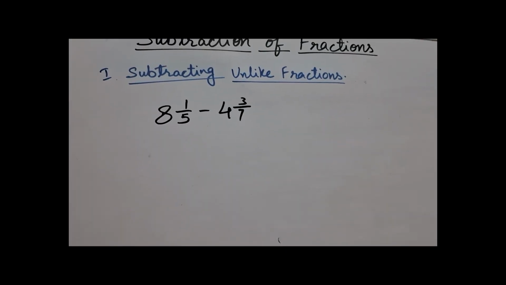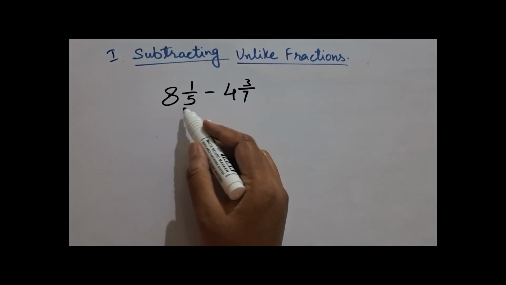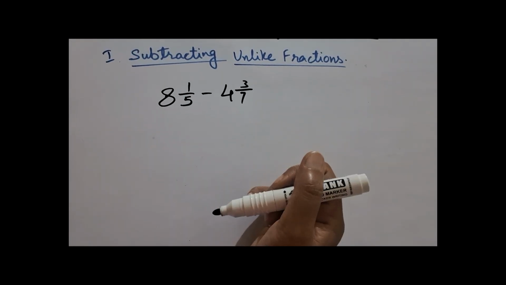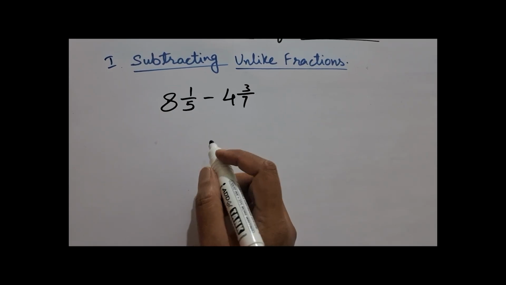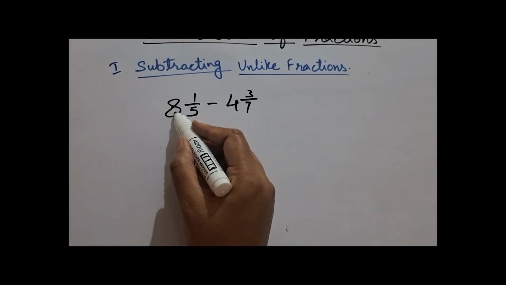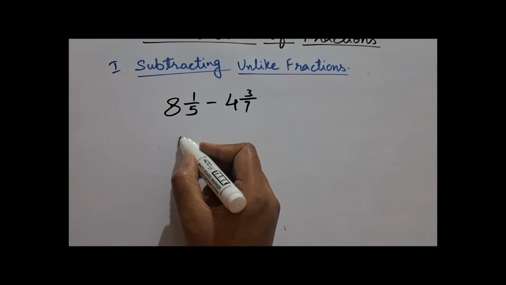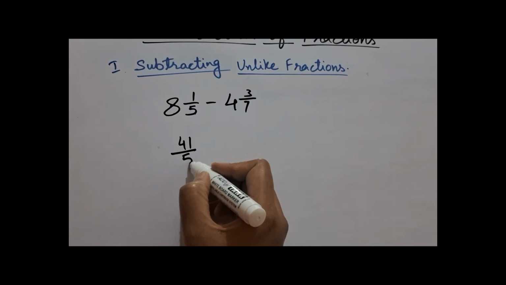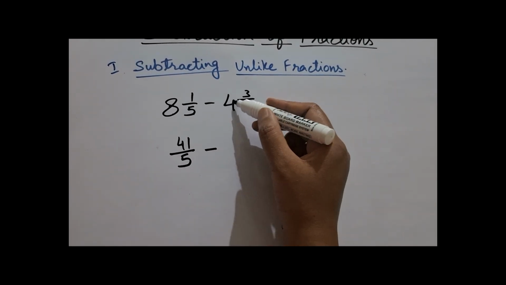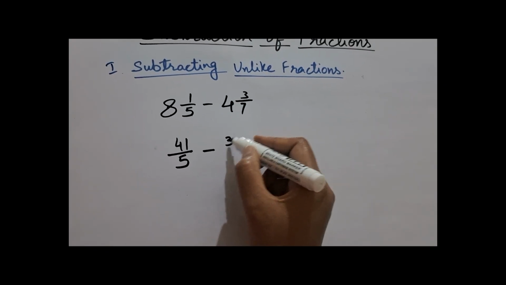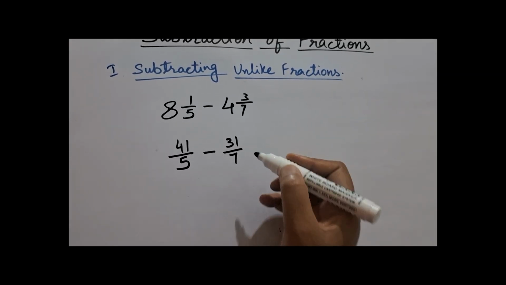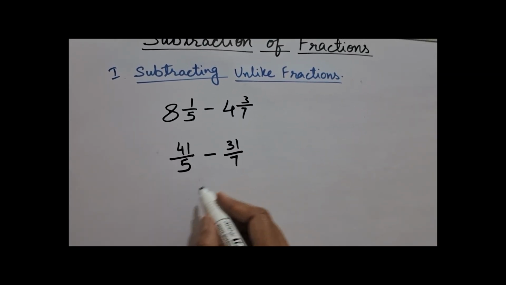Let's take another example, children. Here two mixed fractions we need to subtract. First convert them to improper fractions. 5 into 8, 40, 40 plus 1, 41 by 5 minus 7 4s are 28, 28 plus 3, 31 by 7. The LCM of the denominators we get